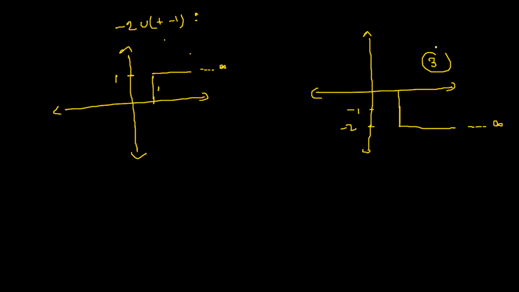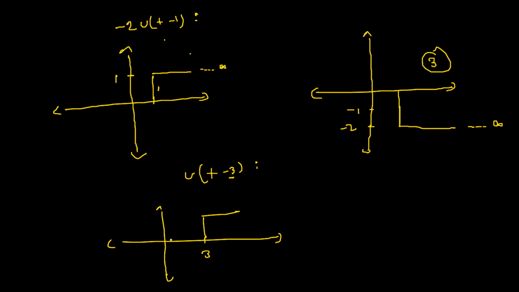So this is the third graph, and then the last graph that I have is u of t minus 3. So this graph is again very simple. We just have to perform one operation, which is time shifting. And since it's t minus t naught, it shifts to the right. So from t is equal to 3 onwards, the value of this graph remains at infinity. So now I have all four graphs,